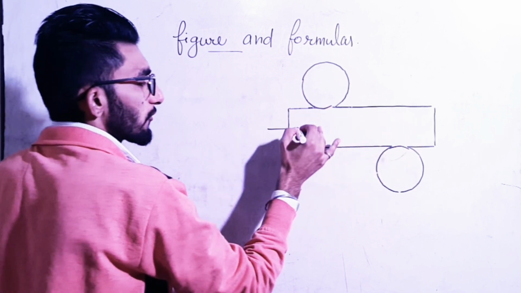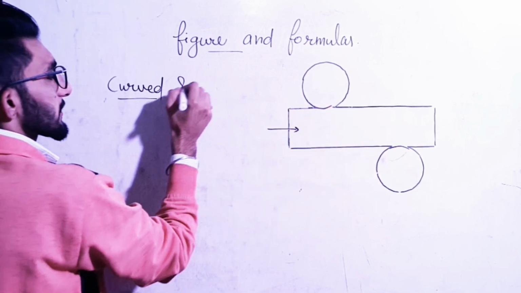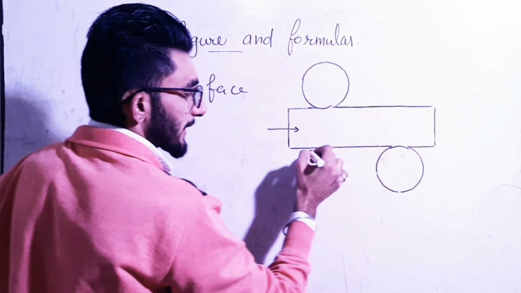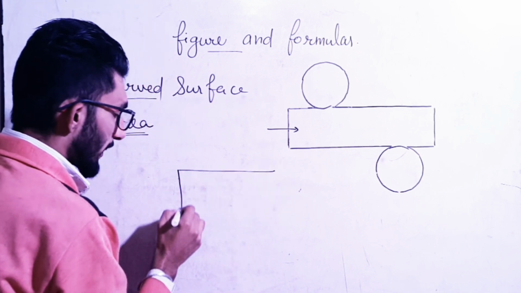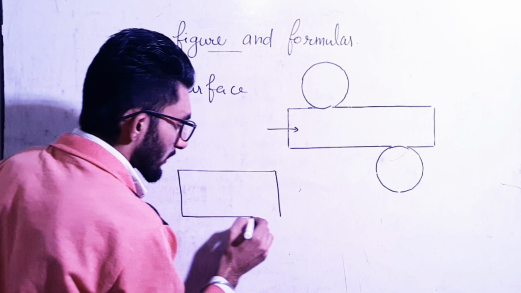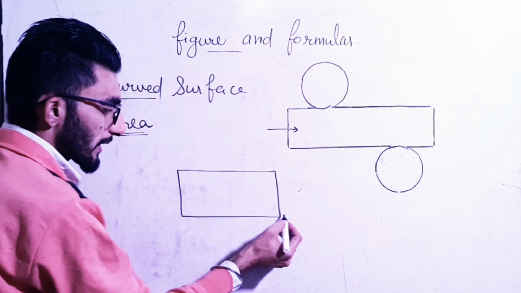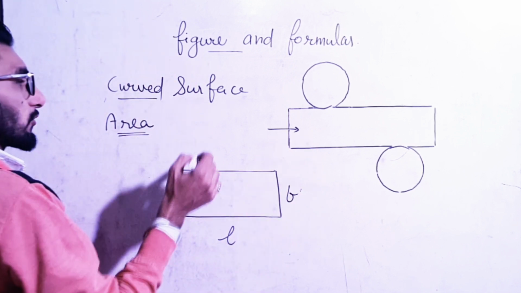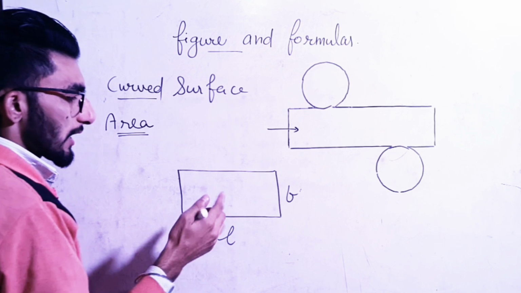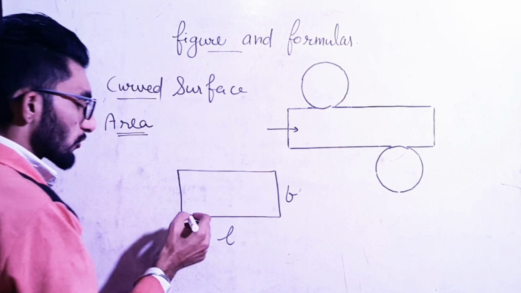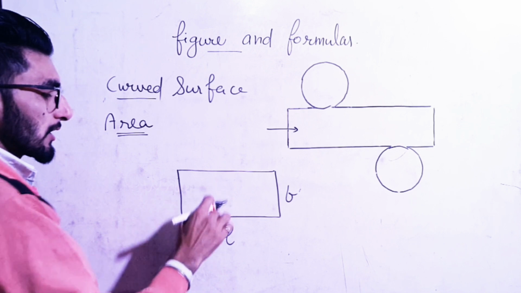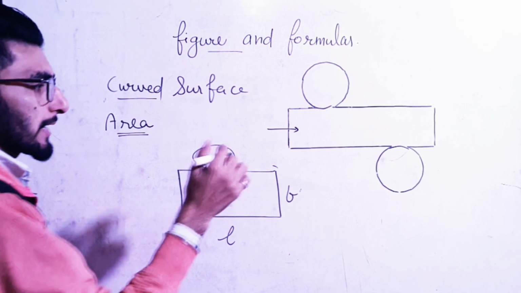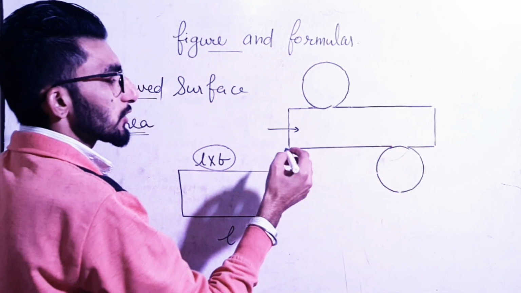ठीक है. So सबसे पहले we will find this one. So what is curved surface area? So curved surface area is like we have this rectangle piece. So we know this. If we have to find the rectangular area, so how do we find it? First of all, we will multiply the length with its breadth. ठीक है. So when we have to find the surface area of this one, अगर हमने rectangle का surface area पता करना है, so we will find its length with its breadth. ठीक है. We know this thing. Length multiply breadth is area of this rectangular piece. Okay. Now this length is changing into 2 pi r.